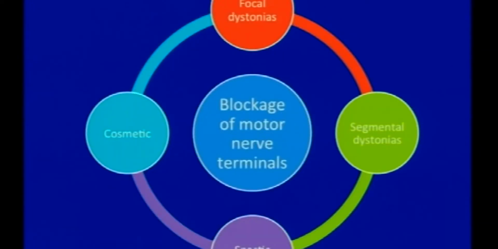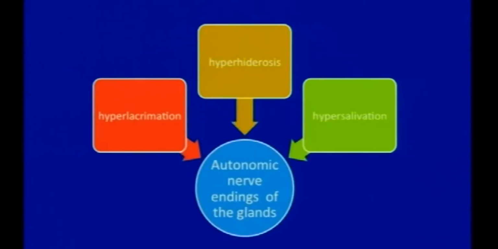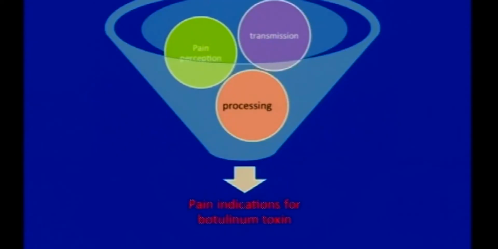When it is injected, if it blocks the motor nerve terminals, that is where we use it in the treatment of focal dystonias and segmental dystonias, spastic conditions and also in cosmesis. When it blocks the autonomic endings of the glands, it is used in hyperlacrimation, hyperhidrosis and hypersalivation. It also has some role in pain indications because it interferes with the transmitters of pain perception, transmission and